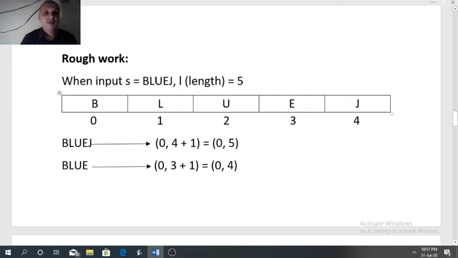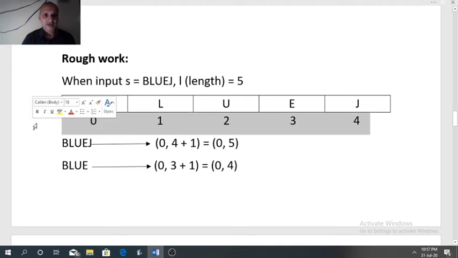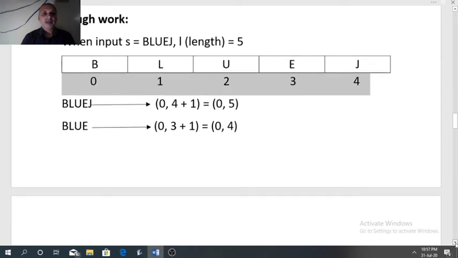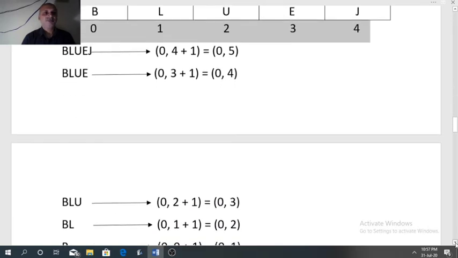Like the previous program, store BlueJ in variable s, store the length 5 in variable l, and write the index of each character present in the string. After that, analyze each row.